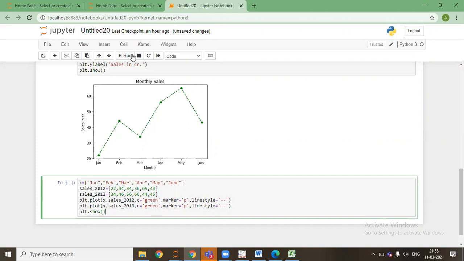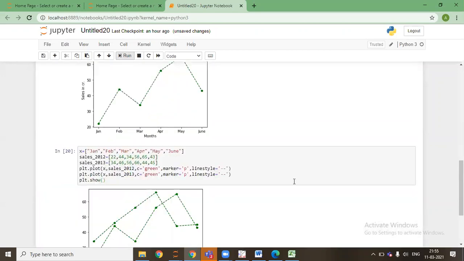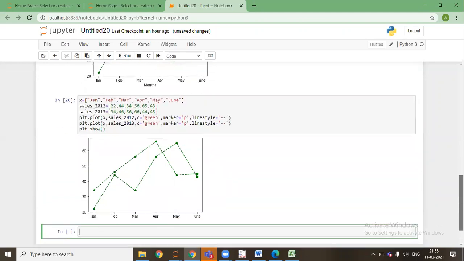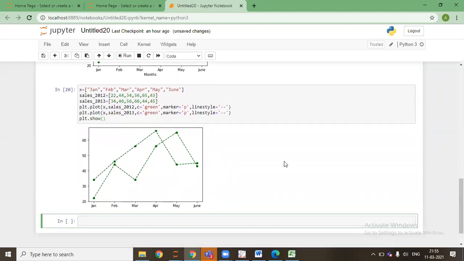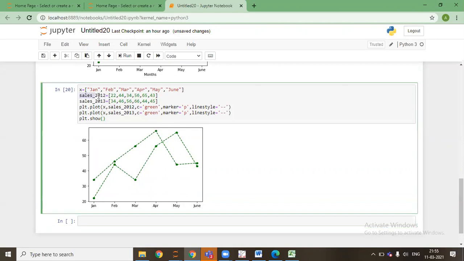Sir, you can take y also, no? You mean plotting two lines on a single graph? Yeah, two plots in a single graph, right? You can take y1, y2. Yes, these are just the names of the variables, you can take anything here. I created those variables just for understanding, so that the graph makes some sense.